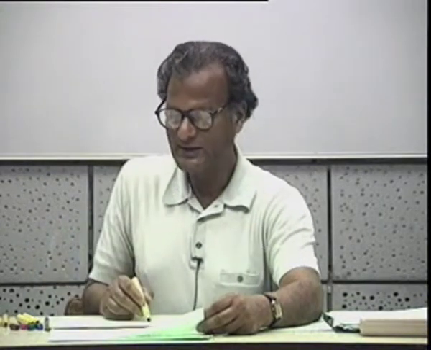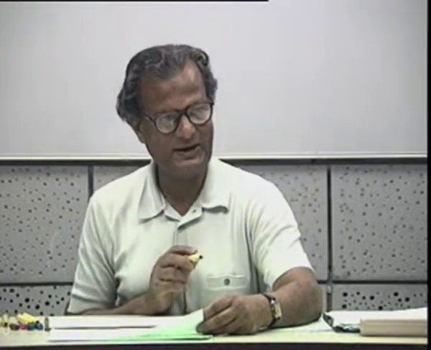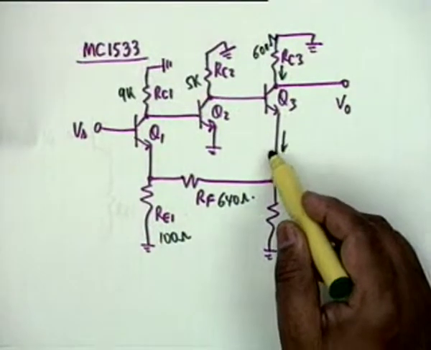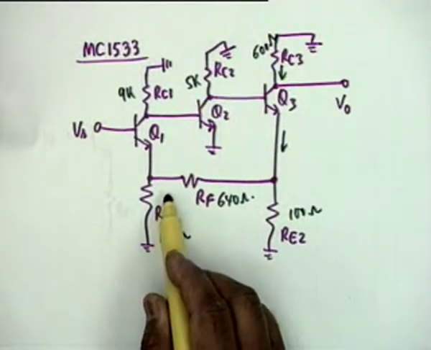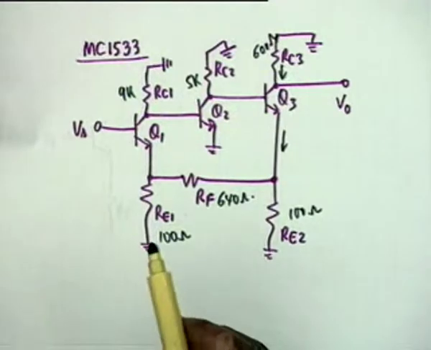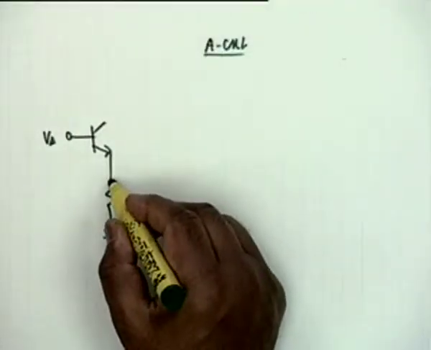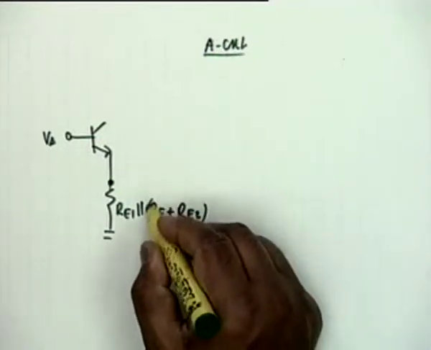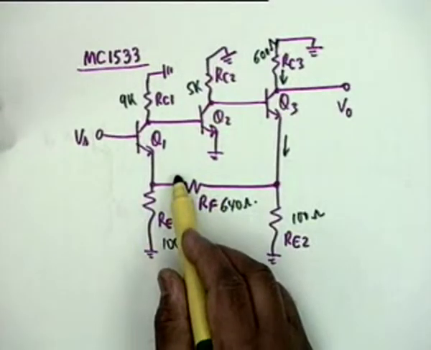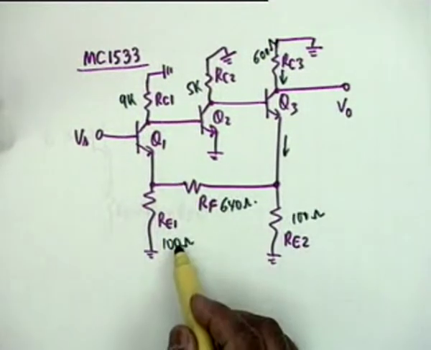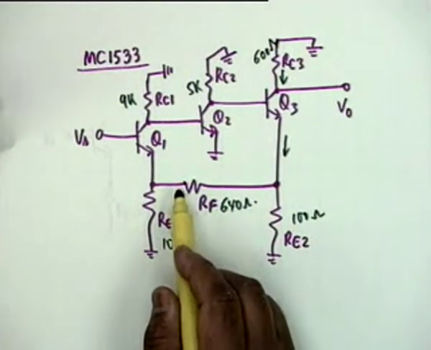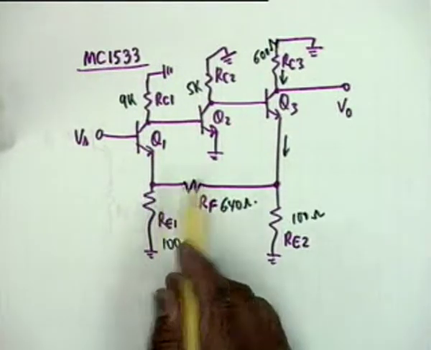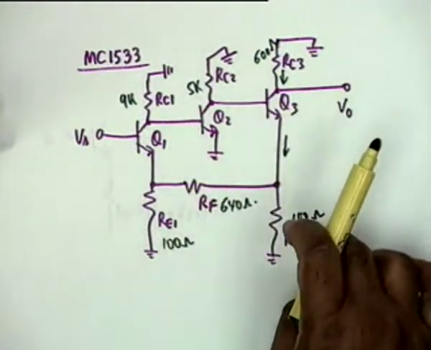All right. So RE1 shall be shunted by, if you want to kill this feedback, it's a series, so you have to open it, and therefore RE1 would be shunted by RF plus RE2. Is that clear? So all I have is RE1 parallel RF plus RE2 for the A circuit. Last point. What is the impedance of the feedback network, that is R11? It would be the impedance looking from port 1 with port 2 open, which is simply RF plus RE2.